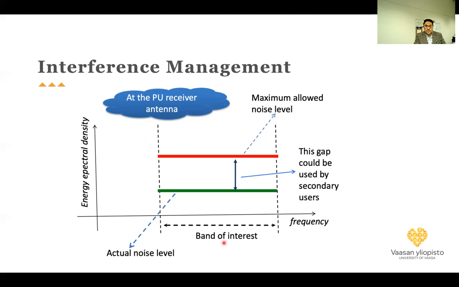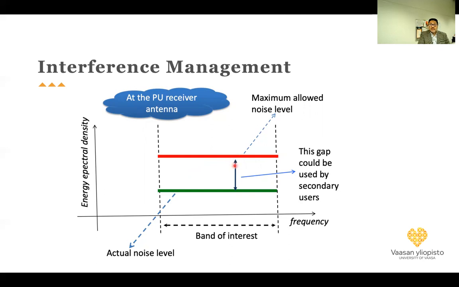This is a band of interest. Then they find that in that band there is already interference, or an RF level, which is given by the green here. But we know that the primary user receiver can manage well until this red line. So we shouldn't cross this red line.